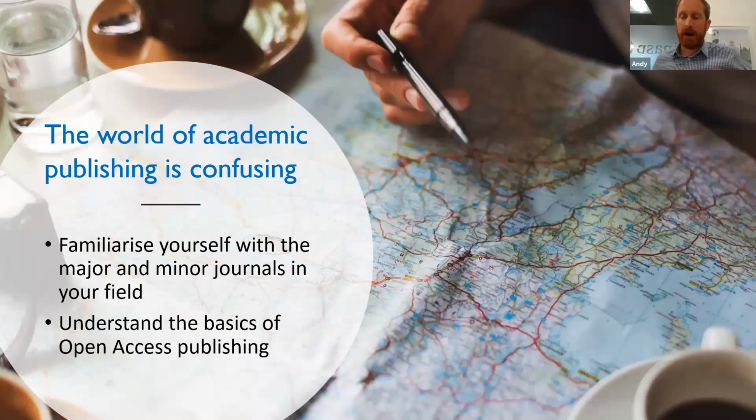So I'm now going to talk about the confusing world of academic publishing. I've been working in this area of academic publishing, journals, for about 10 years now, and I still find some components of it quite strange and confusing. And things are changing all the time with the growth of the internet and digital technologies. It can be quite difficult to keep track of what's actually going on.